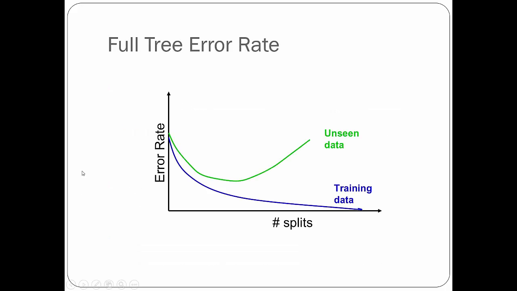For example, as the number of splits in the tree increases, so the tree size increases, the training data, of course, is going to become purer and purer in the rectangles. So the performance measures for the training data will keep going down and down and down. But after a certain point, the misclassifications and the performance measures will bottom out, and will start going up